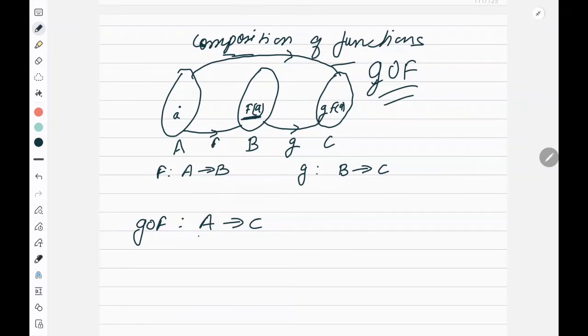The same way, if f is any function from A to A, I can define f∘f also, which is denoted by f square. I can define f cube also. So in this way I can define the functions, right? Now that you understand the way I have defined g∘f, I can also define f∘g. So now let us learn how to do it.